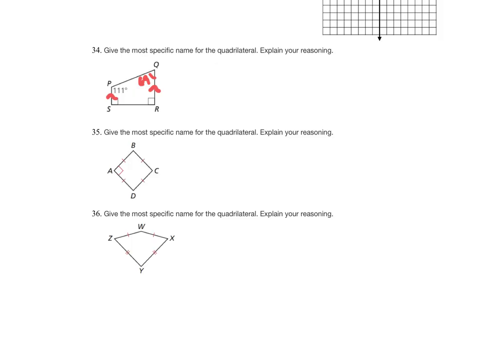Can we call it isosceles? No, because in an isosceles trapezoid, these two angles have to be the same, and these two angles have to be the same, okay? So it's a trapezoid, but it's not an isosceles trapezoid. So my answer here would be trapezoid. Okay, if I'm going to explain my reasoning here,